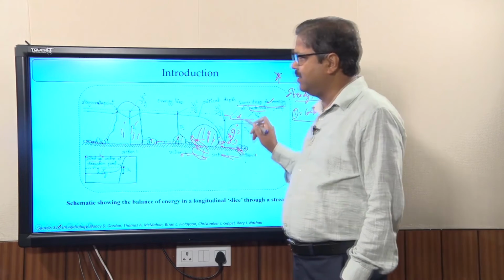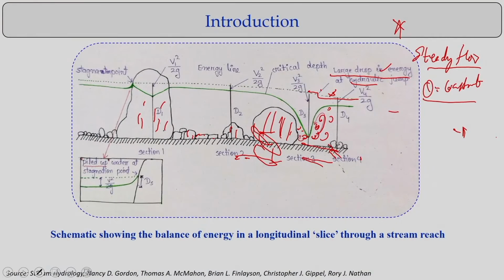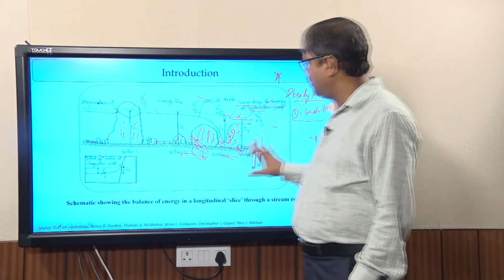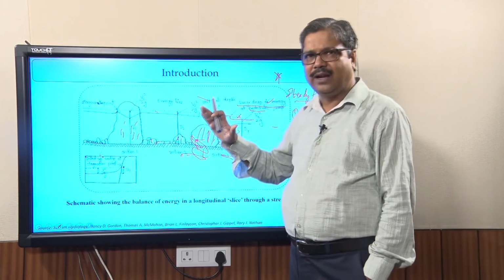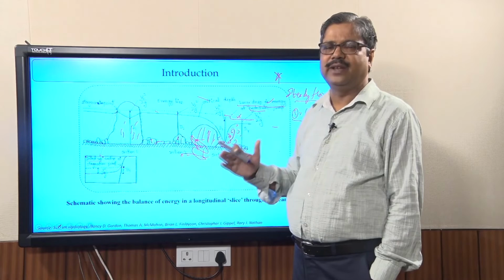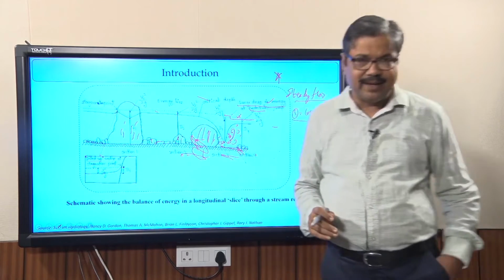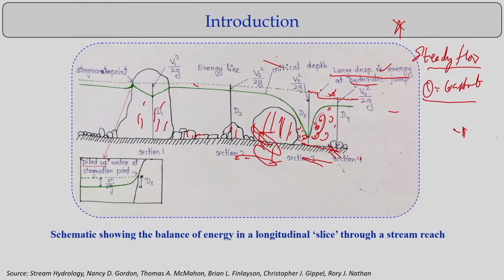That's what these figures are showing very clearly, how the hydrodynamics varies in a channel, in rivers with different types of big boulders, smaller boulders. There could be a hydraulic jump formation, there will be a stagnation point, there could be energy losses because of bed roughness. All this you can understand if you sketch this figure, how the hydraulic gradient line and energy gradient line vary, and how we can use the concept of specific energy and specific force for this. Let's go to the next slide.